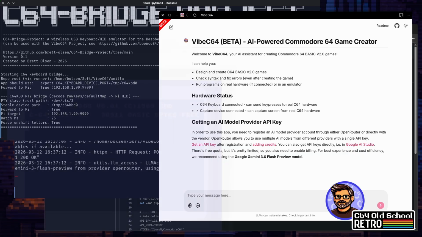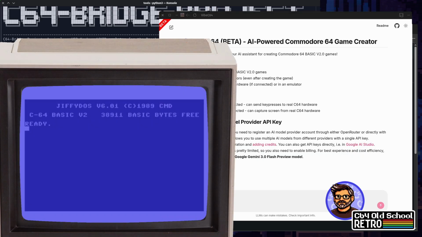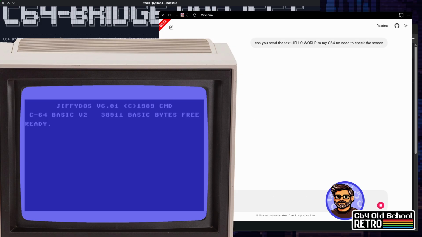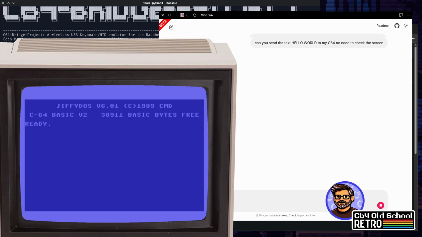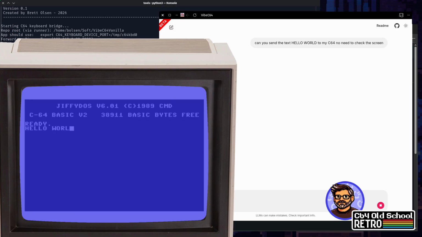What we're going to do now is just fire up the good old Commodore C64 Ultimate and give a very simple query to Vibe C64 to send some keystrokes. Can you send the text "Hello World" to my C64? No need to check the screen. We're just basically avoiding having to set up a webcam here, and what we're hoping is we'll see the words